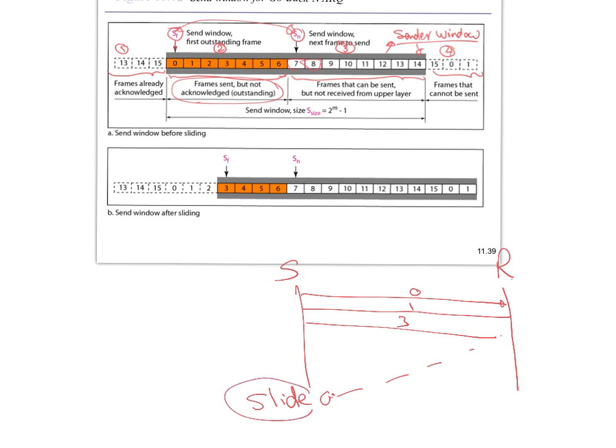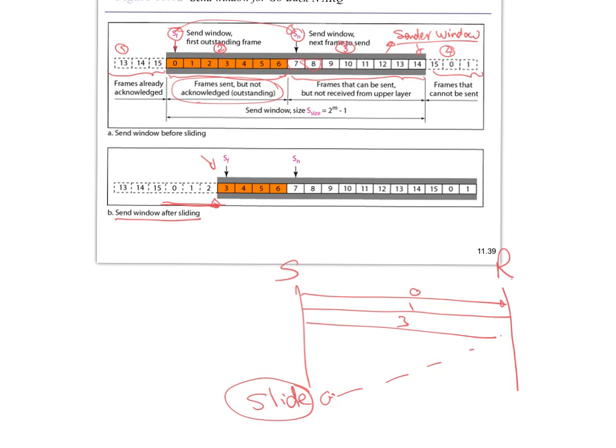But there is a chance this slide may happen 3 positions at the same time. This is exactly what happened here. So this shows the window after sliding. We can see frame number 0, frame number 1 and frame number 2, and when I did the slide, I slid 3 positions all at once. So when could this happen? This could happen if, for example,